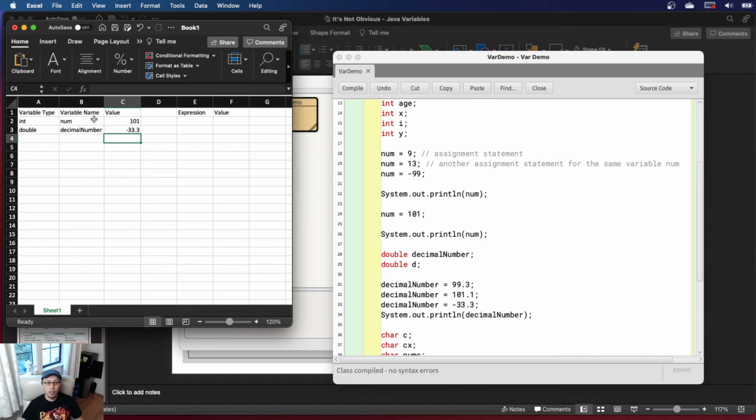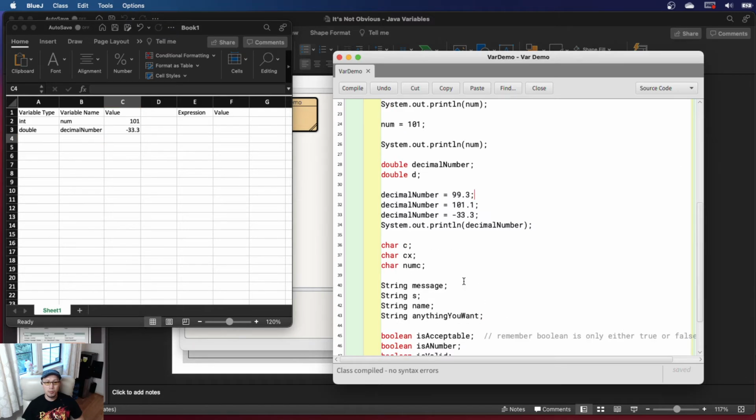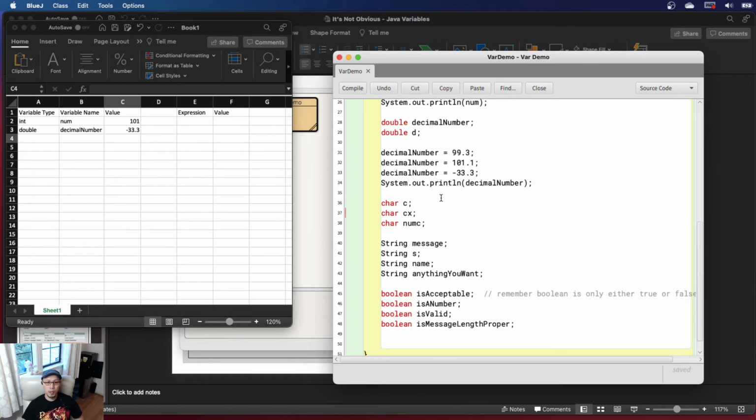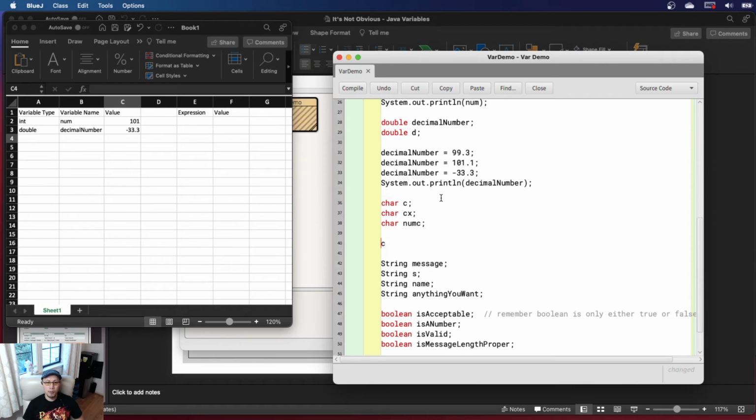It just continues to update this variable. It reuses the variable because that's what a variable is intended to be used for. It's intended to be a temporary storage for some sort of value, and it's intended to be reusable. Okay, cool. So just to wrap it up a little bit more, you can also create, for example, C equals